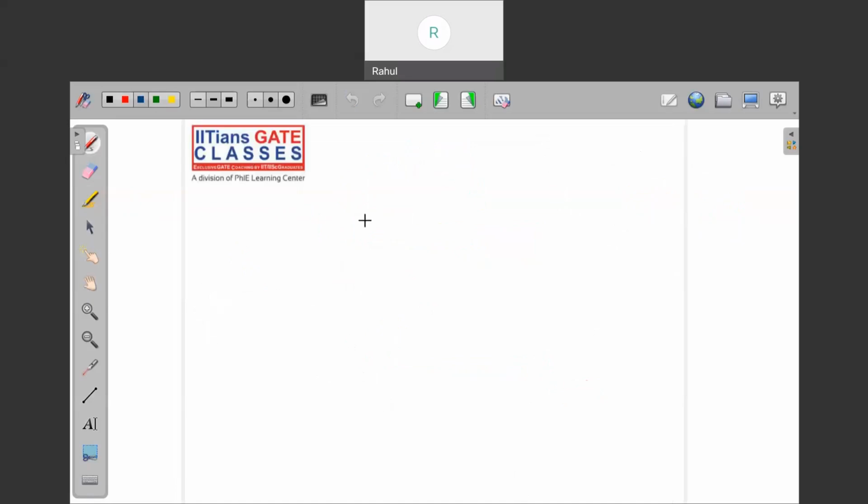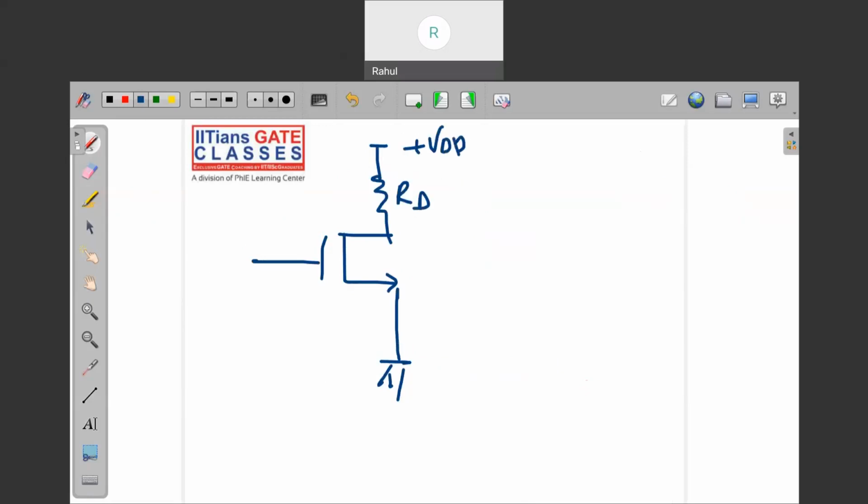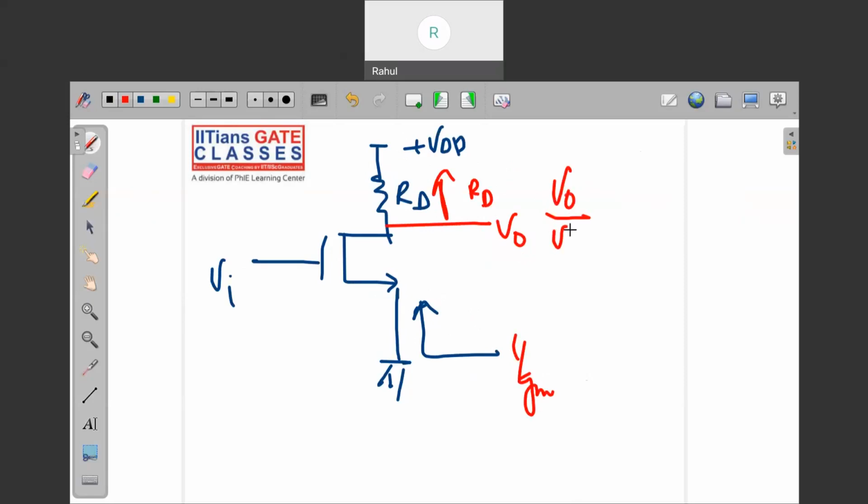Suppose you have this kind of circuit: plus VDD, this is RD, and this is the input. If you see from here, what shall be the impedance? 1 by gm, and this is Vo. And if you see from here to the ground, there will be only RD. So your output upon input, that is the gain,